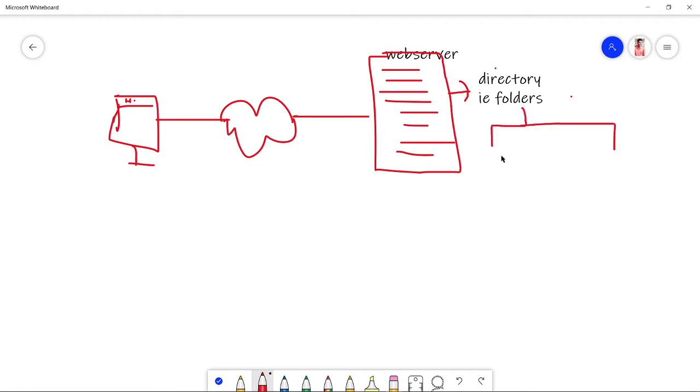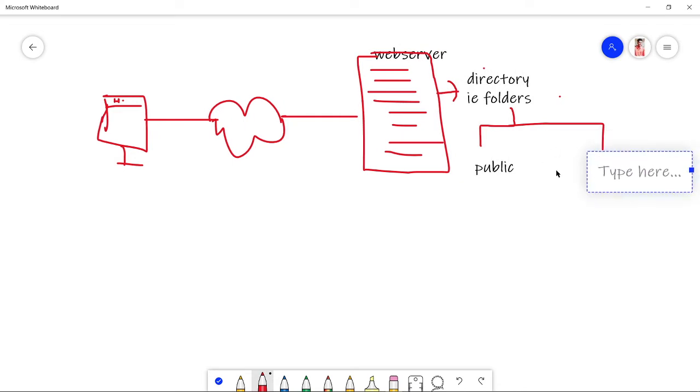One type may be public, where any user with the domain name can access the directory, and the other can be private. The private directories inside the web server can be accessed only by the admin or the authorized persons of the particular concern. So the web server will have both public and private directories.